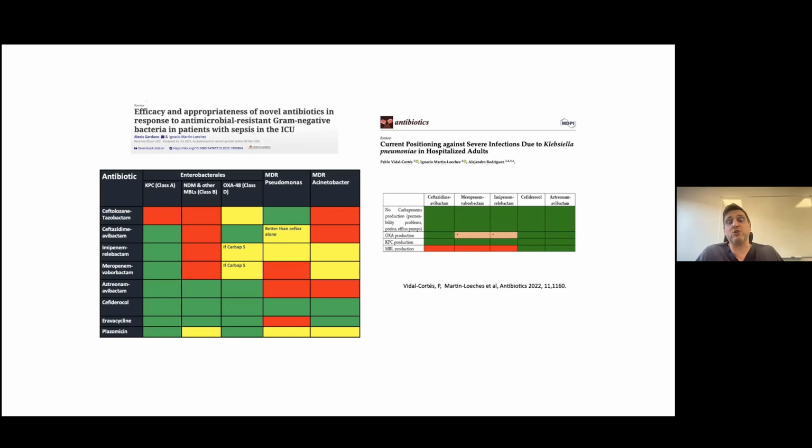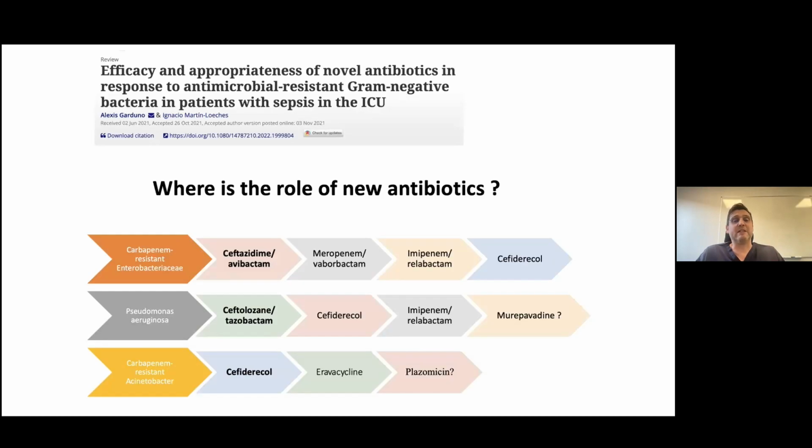And I would refer to different papers. These are papers that were published by my group, but I think that you have a good amount of new alternatives. In this particular paper, I am showing 6 new beta-lactams and 2 new other classes that are showing a great understanding of the differences. And trying to make things a little bit more simple, I think that